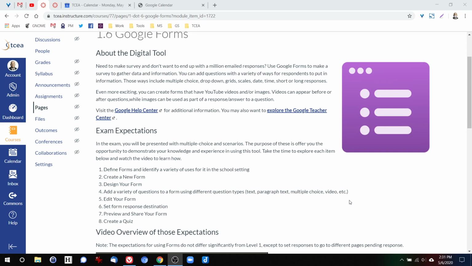For the exam preparation, though, especially for Level 2, of course you'll have to be able to define forms and identify a variety of uses for it in a school setting. But you'll also be expected to create a new form, design your form, add a variety of questions to a form using different question types, edit your form, set form response destination, preview and share your form,